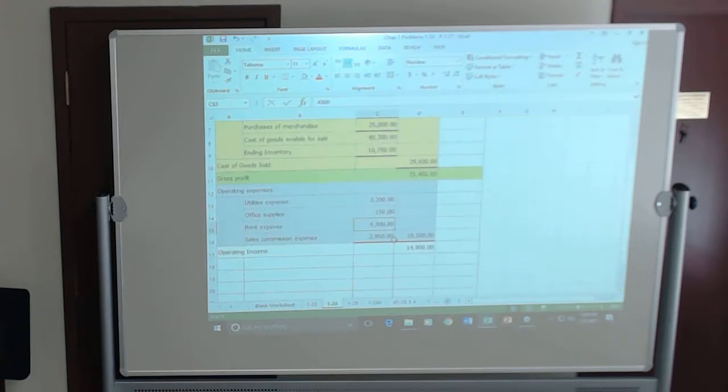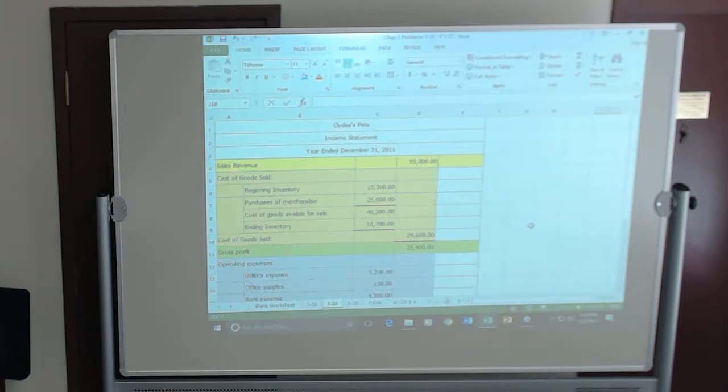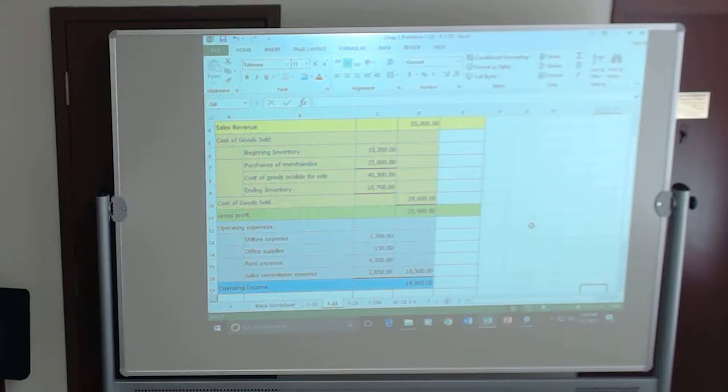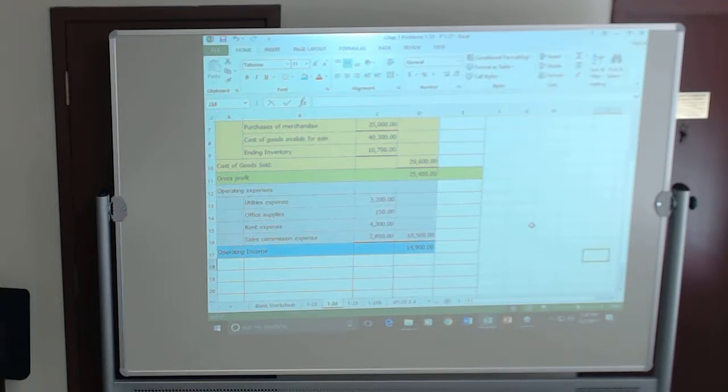Okay? The operating expense is different than the cost of goods sold. Remember that. Okay? So once you add it, subtract it, you take your sales revenue minus your cost of goods sold for your gross profit, and your gross profit minus operating expenses, you come up with your operating income. So if you figure he made $14,900 for the year,